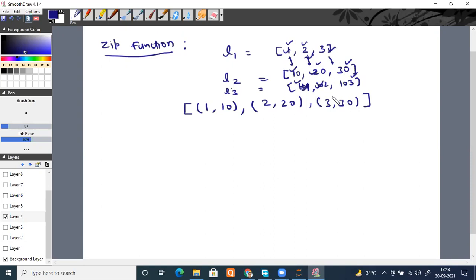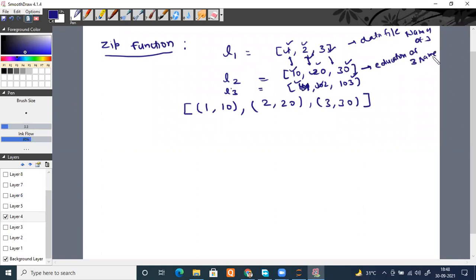You must be wondering, sir, why we require this. Actually, suppose you have some data files available. One separate file is about only the names of 3 persons. Another data file is about the education of the same 3 persons.